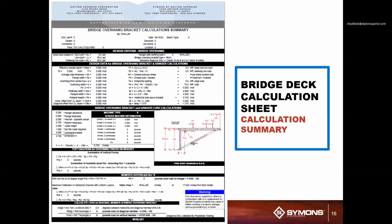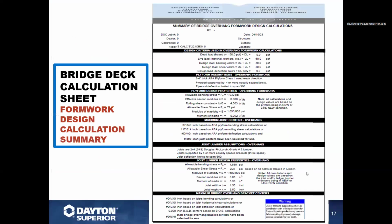Once this information has been designed and we do run a calculation, the contractor will get back a bridge deck overhang calculation summary, which will actually tell you the spacing of the bridge overhang bracket based on the weight of the finishing machine and characteristics associated with that project. It will also, if need be, have the interiors done. Interior hanger spacing is just as important as exterior. The interior hangers typically are used when and if they are not using some form of permanent